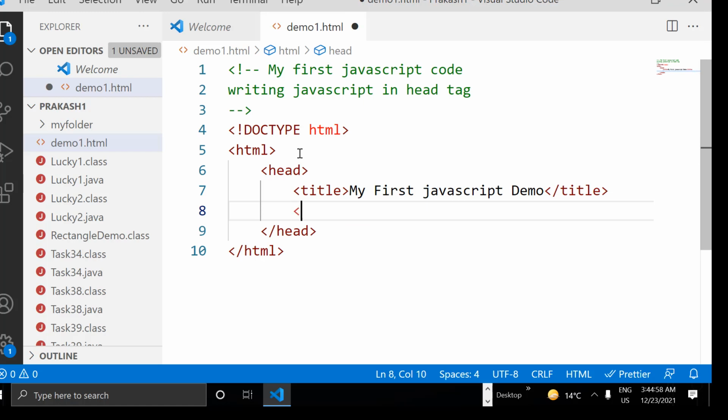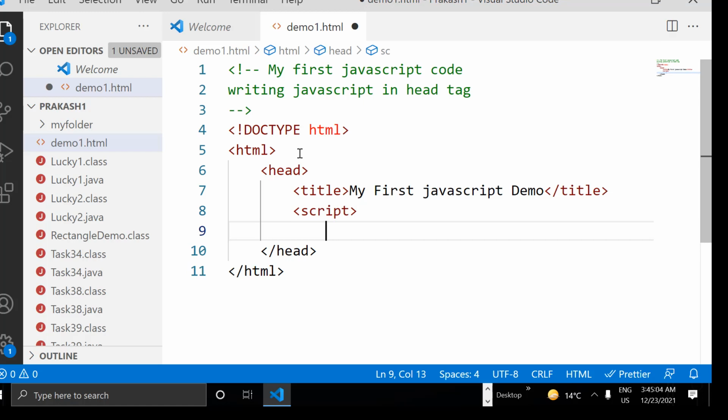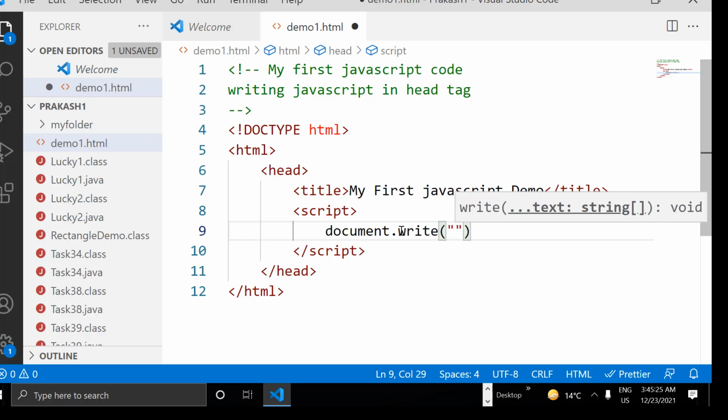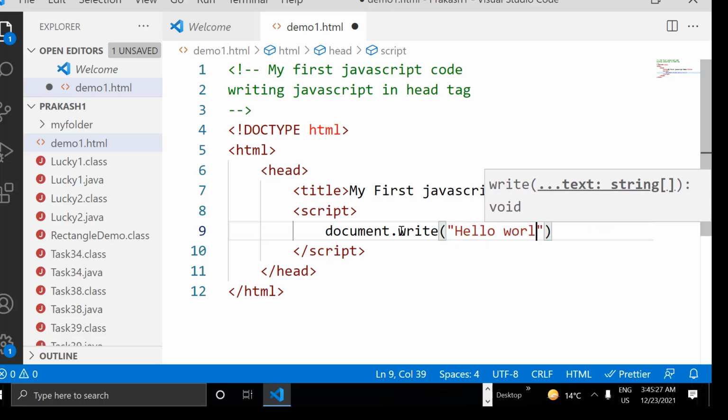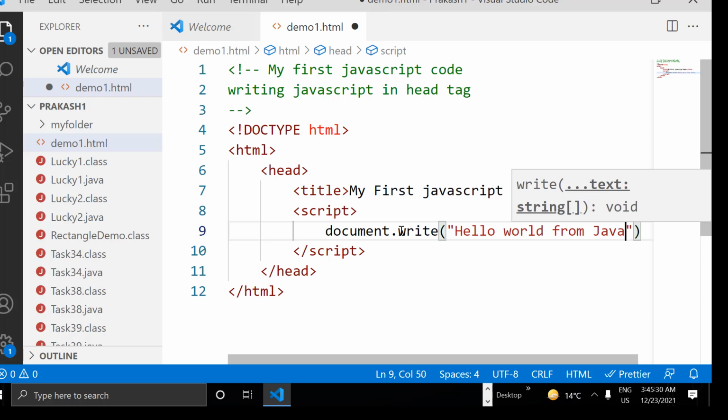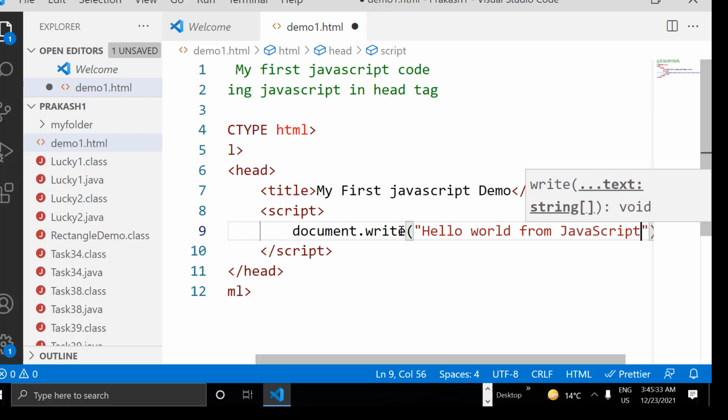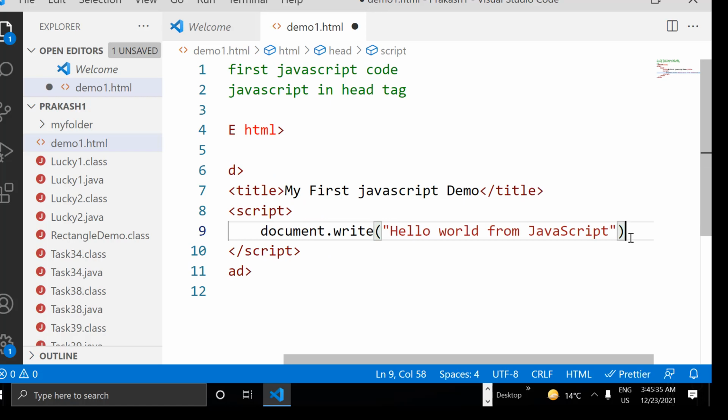And here I'm writing script tag, guys. Script tag open and close. So this is the important tag that we need to remember: script tag open and script tag close. So this I wrote inside the head tag, guys. This is very important. Let's save it first. Control S. It is getting saved. And inside the script tag, what I'm writing is document dot write. This is the statement we use to print some message, guys. Okay. Hello world from JavaScript. Like that, I wrote some message. Okay. And at the end, I'm giving semicolon.